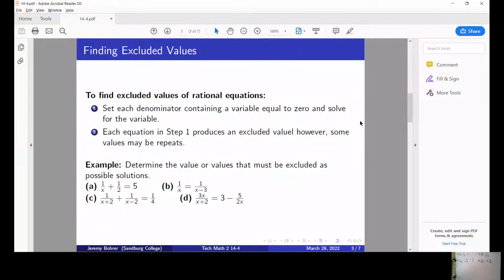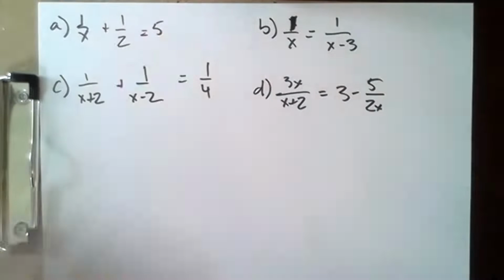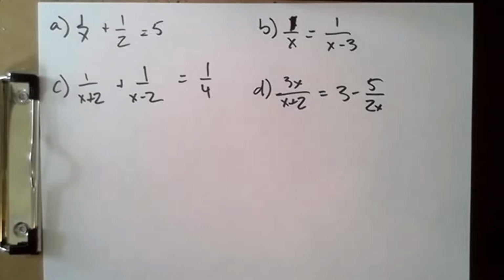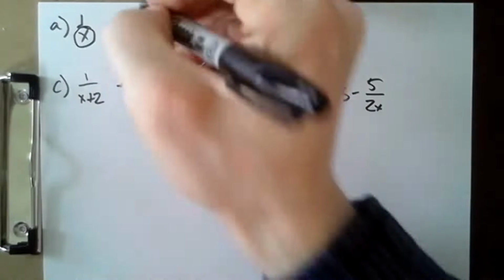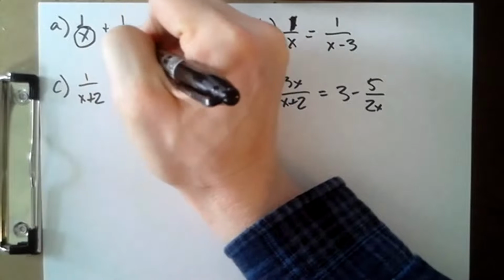In this video, we're going to look at the problems in the 14.4 slides. I'm going to start here on page 3, where we're asked to determine the value or values that must be excluded as possible solutions for each of these equations. So we'll start with this one, 1 over x plus 1/2 equals 5. And remember that when we're looking for excluded values, we look for anything that would make any denominator 0. There is only one denominator that can be 0, and that is x, so we have to exclude